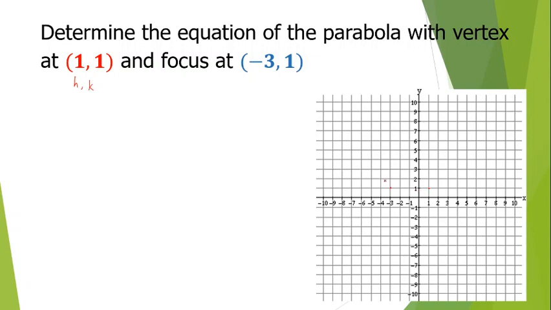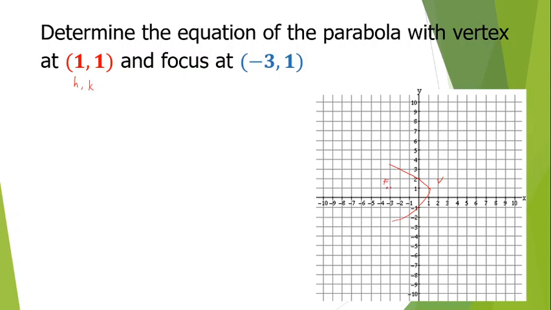As you can see, the focus is on the left side of the vertex. Meaning, if we're going to draw a parabola, the parabola will look like this, wherein the opening is to the